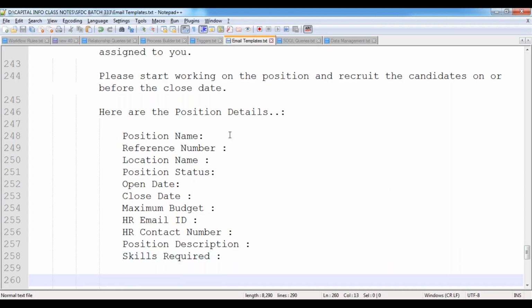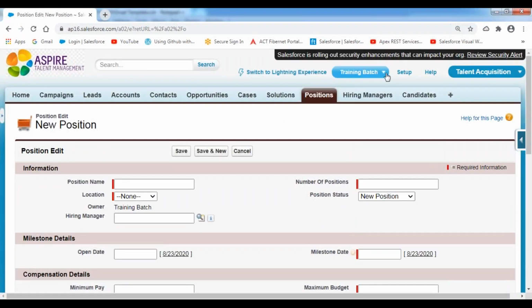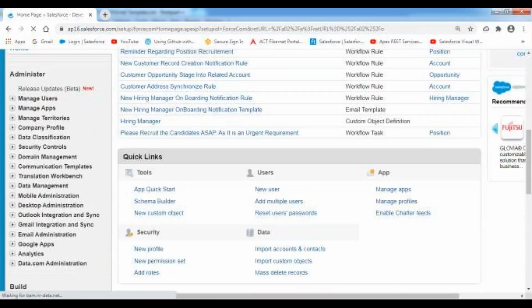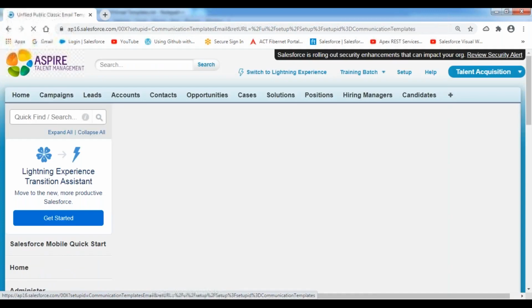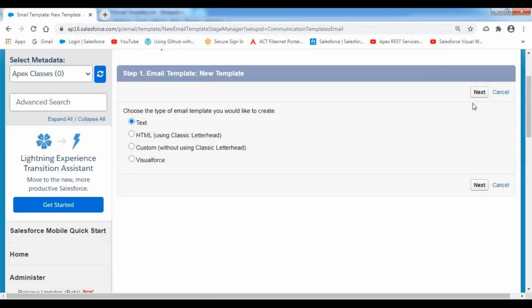Here I need to specify the merge fields. How can we specify the merge fields? We can generate the merge field by using the tool which has been given by Salesforce. Now, let me go to that. Go to the setup menu. Go to the communication templates and then classic email templates. Click on new template button. Select any of the template type and click on next button. Here you will be getting that